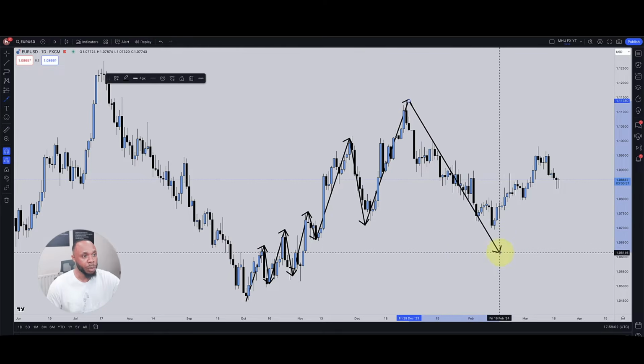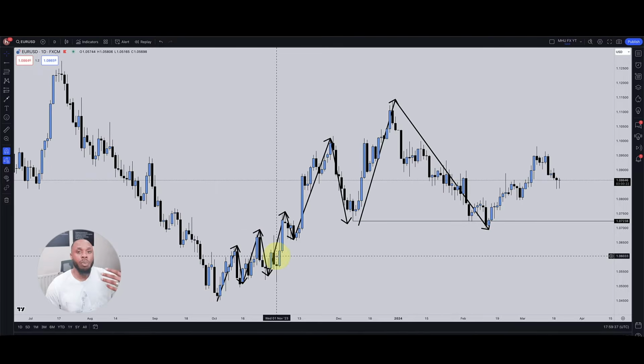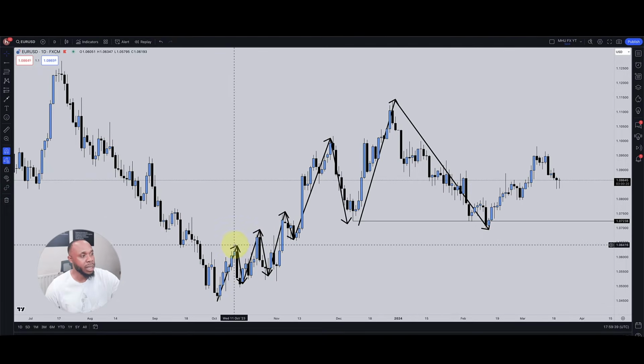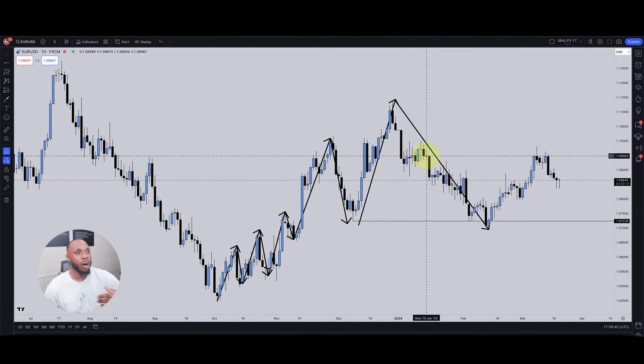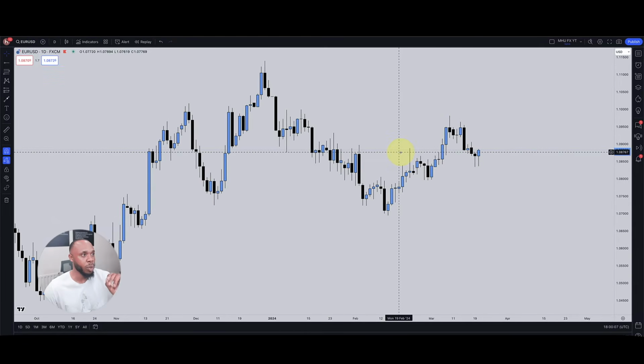And then what do, guys? We break or trade beneath this low right here. So guys, you can see here we trade beneath that low. What price is doing is it's expanding and then retracing back down into a discounted price, then expanding again, and so on and so forth. It will continue to do that until we run past one of these lows here. And so then when price runs beneath this low here, that's when you can start expecting some kind of retracement higher.